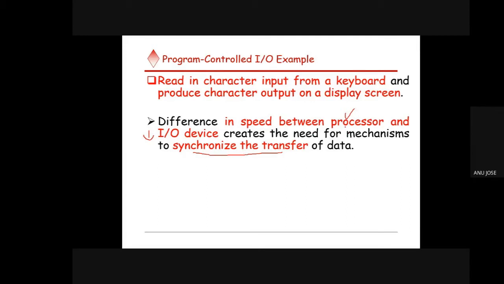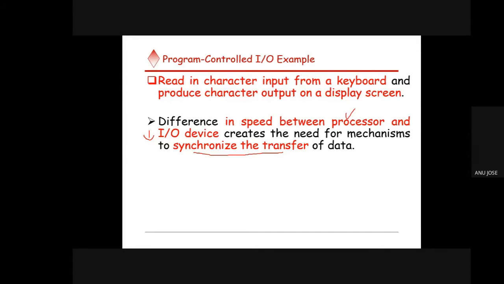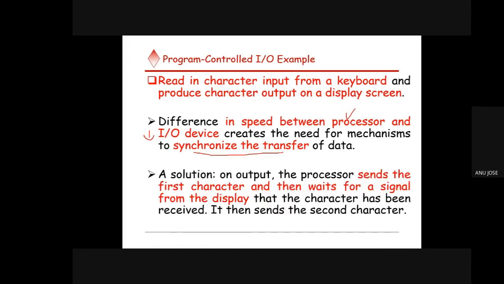So the data transfer rate may be 1 billion data bits that the processor will process in 1 millisecond. The input output devices will be transferring only 1000 bytes of data. So in that time, that speed mismatch will be there. So the processor should wait until it gets the data from the input device. In that case, a synchronization between these devices is required.